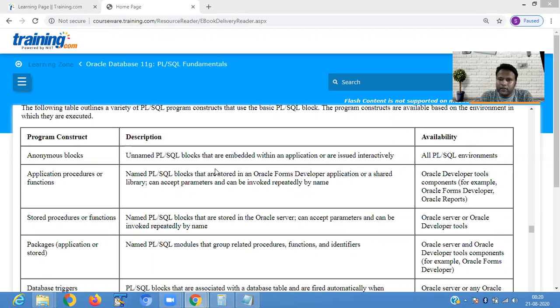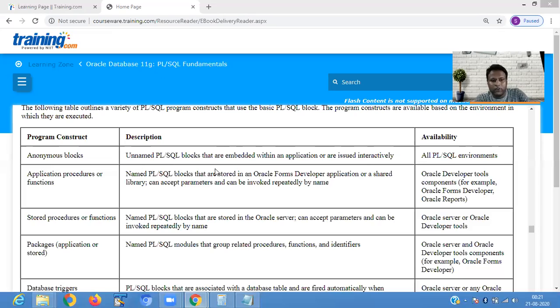After getting a result, if you want to get the same result again, then you have to write the code again. Suppose you write a code, you get a result, your work is over, then you close the IDE. Then the next day you want to get the same record, you write that coding again. So that is called the anonymous block.